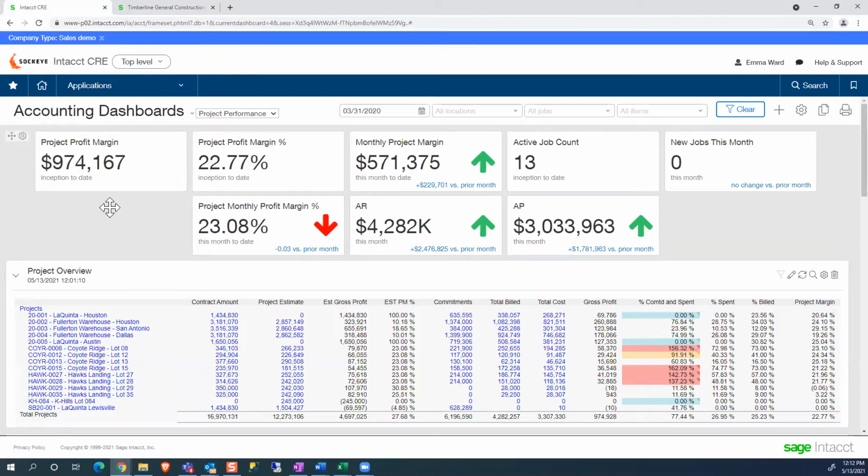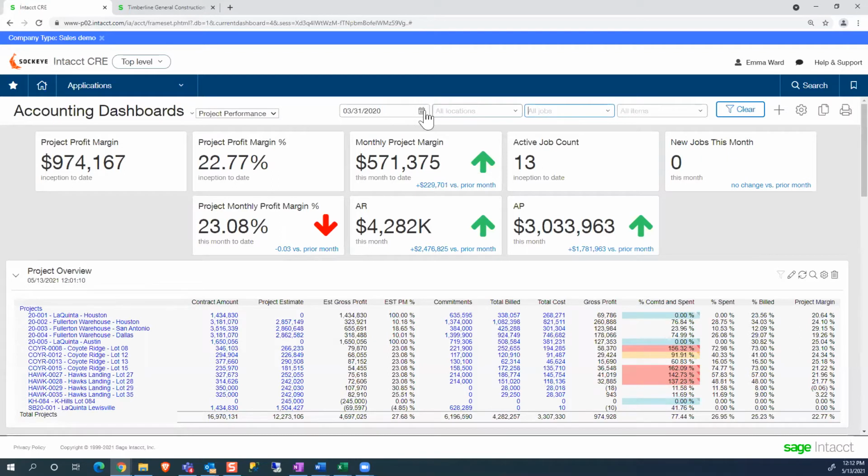All right, so the dashboards inside of Intacct are pretty dynamic. You can have as many different dashboards as you want, and different people can have access to different ones. You can filter the dashboards from the user so that the user only has access to a certain filtered set of data, or you can leave them wide open and let the users filter the data.